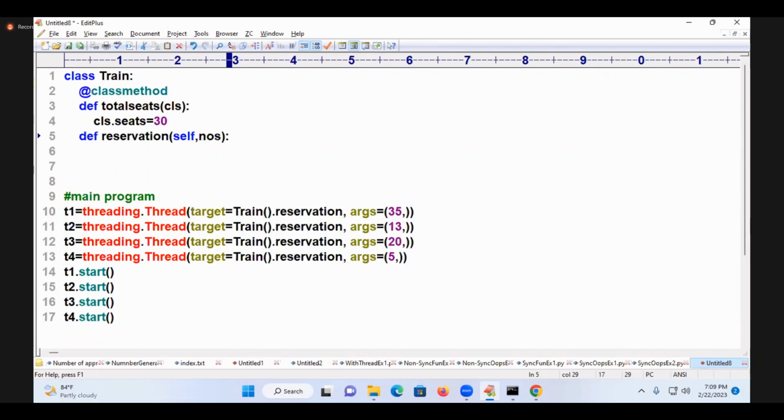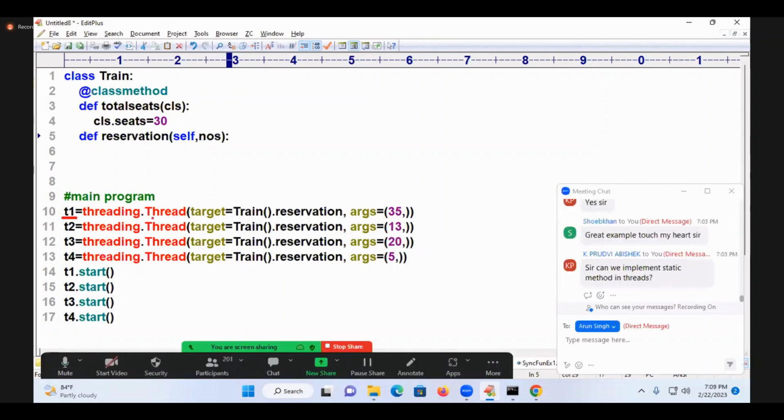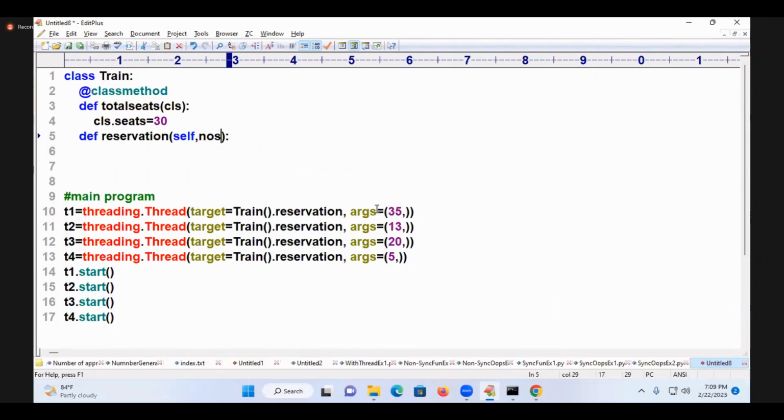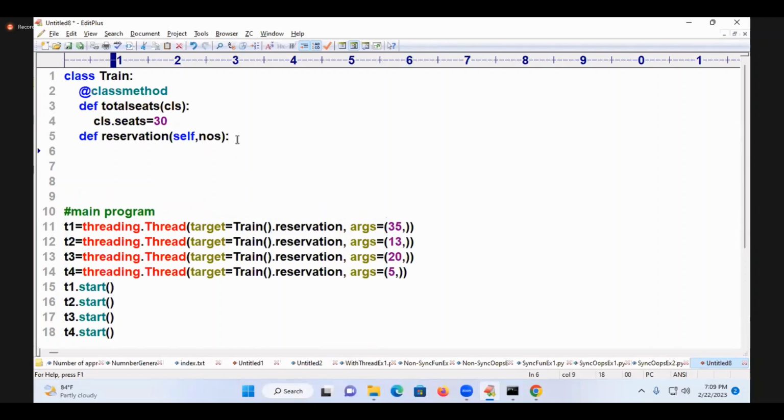Come on, what is happening? The first thread is started. Where is it going? To the class, reservation. What is it carrying here? 35. What is my total number of seats available? 30. What is my requested number of seats? So will I grant his request? No. So I need to have some code or not? Come on, how do you write it? If,